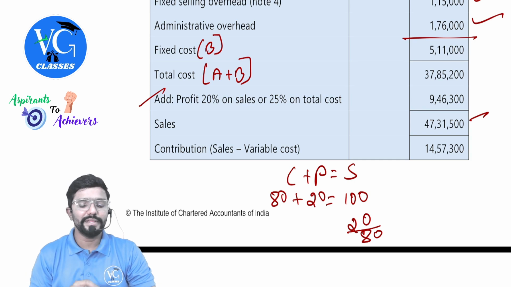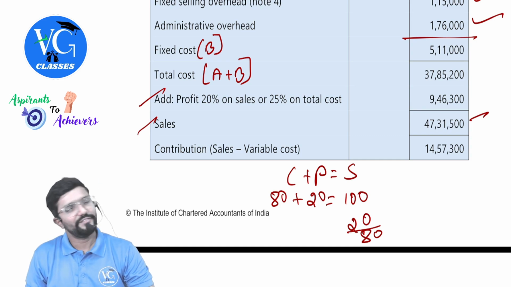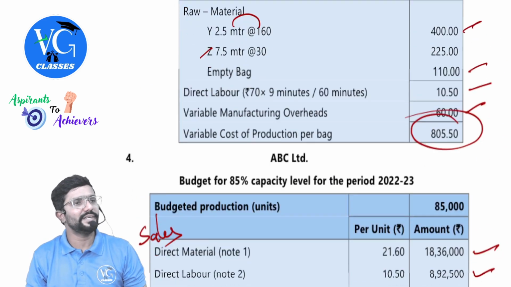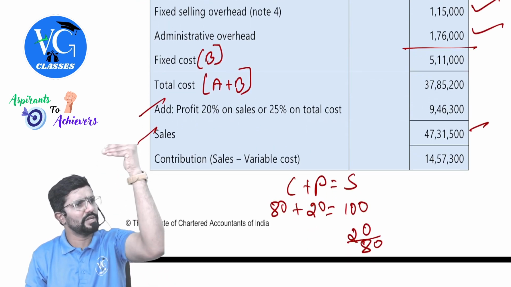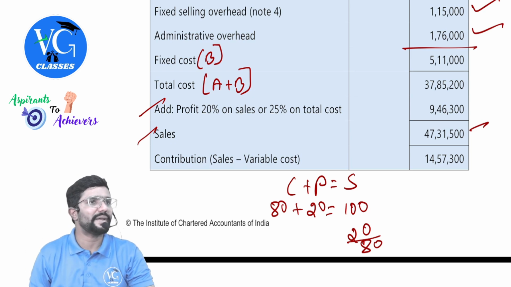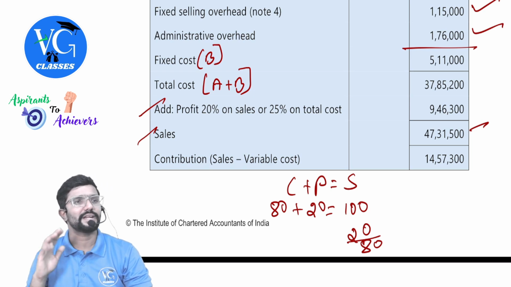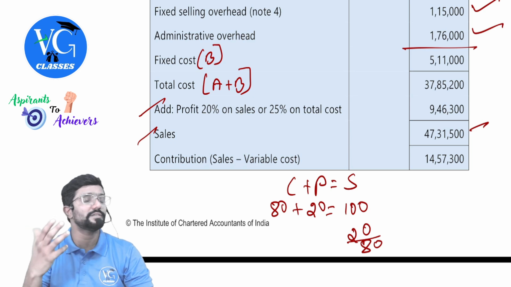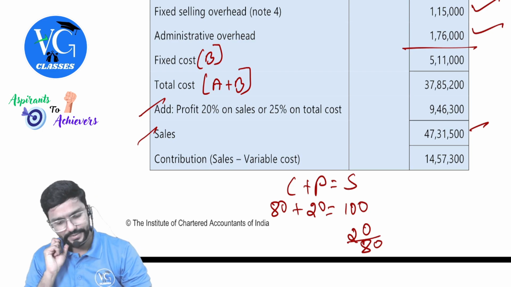Clear. And maybe why they have taken sales here was we don't know sales until we calculate total cost. If you already know, maybe you will start with sales only. If not, you can show it like cost sheet format. Total cost plus profit is equal to sales. Then you show the contribution separately. The main reason why they have taken here, guys, is because sales is known only at the end. We don't know at the beginning.